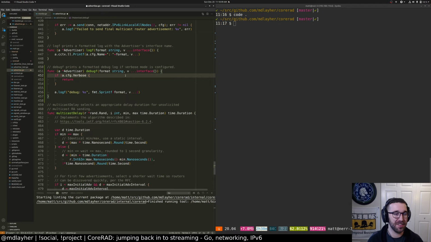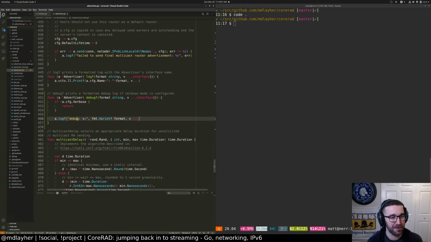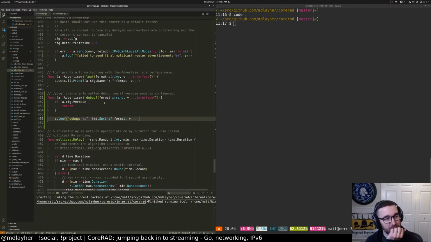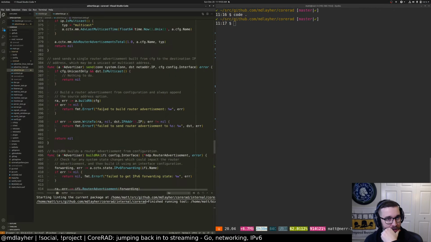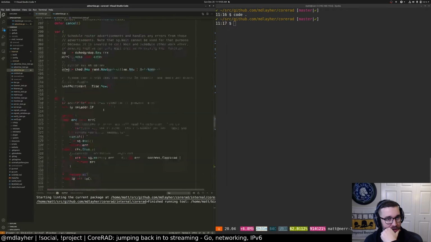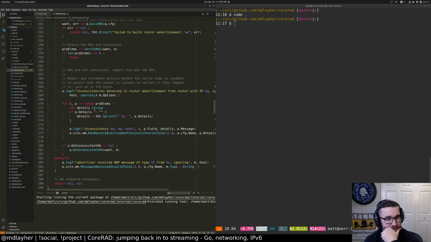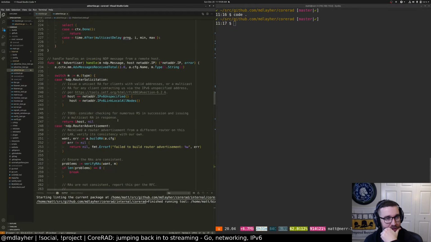Config verbose. This is the per interface configuration. So logf debug. Yeah, this looks pretty good to me. So if I do this and I add the debugf as appropriate now for the router solicitations and such, that seems like it would be pretty useful, right? So let's see. Just to start,